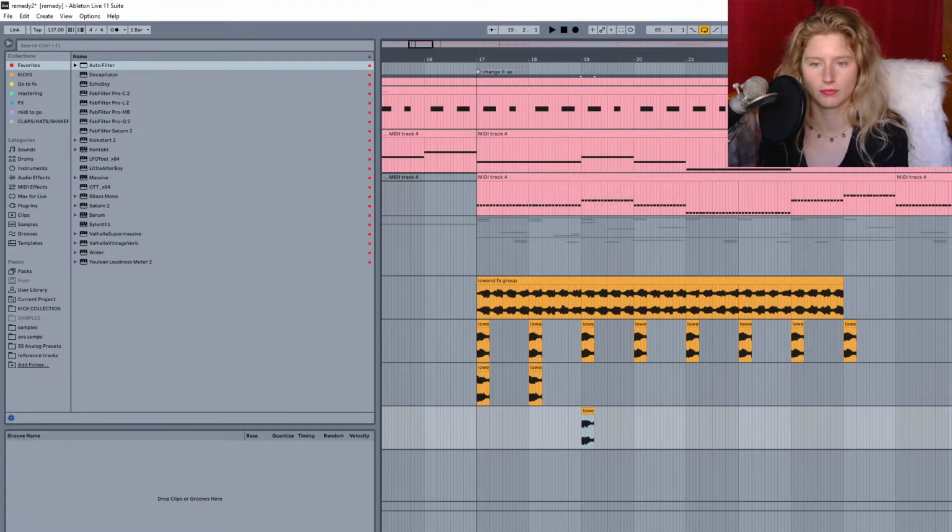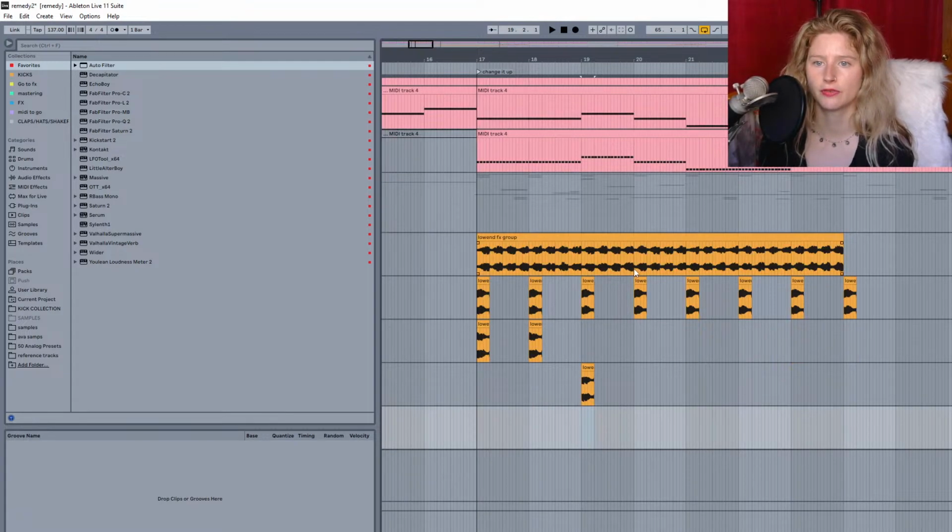Reverse. I like to put different notes in different channels just so I can keep track of the stack. And then this one.